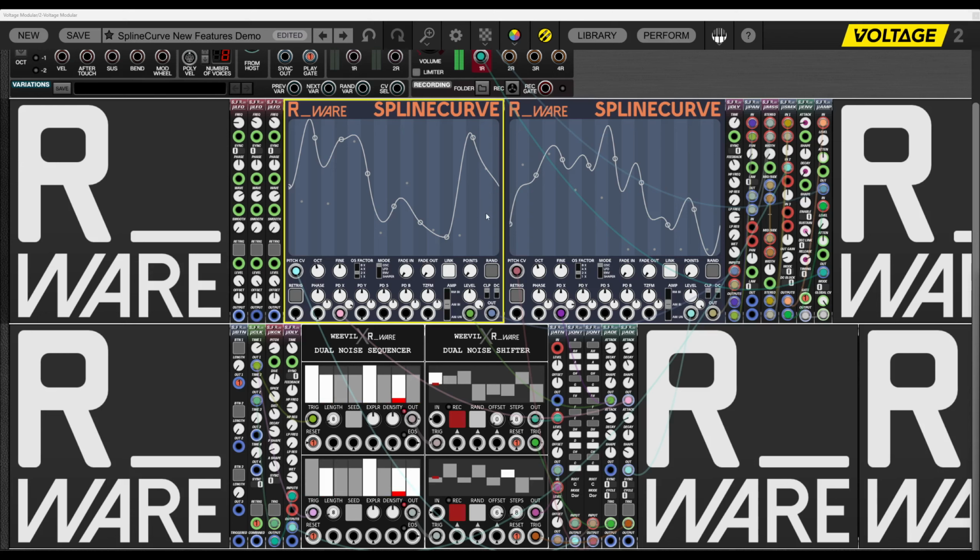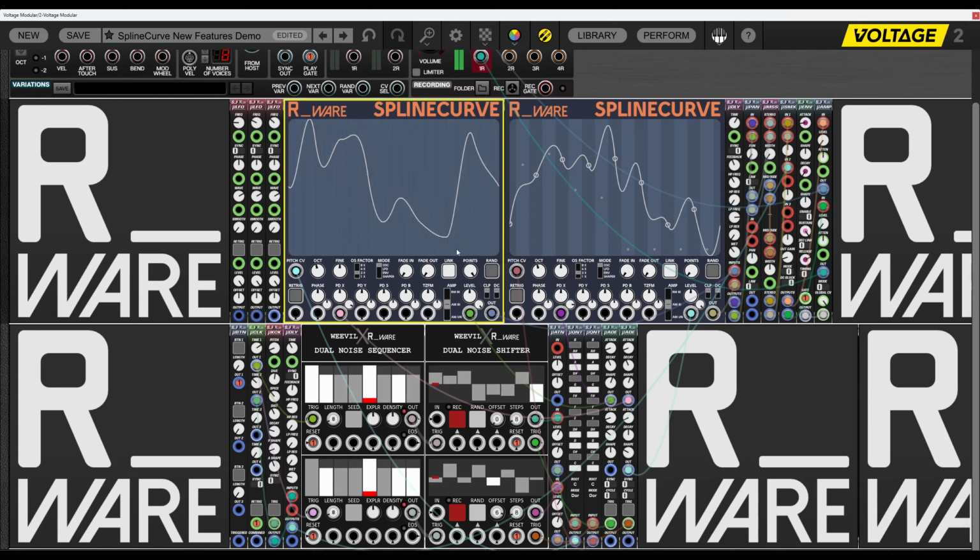Looking at the faceplate of SplineCurve, you might not notice the things that have changed, because in the faceplate there's essentially only one change. The points knob. It is set to 8 segments, and before, the points knob went from 4 to 32. So 8 segments would have been right above the quarter point, I guess. But now it's almost at the beginning, and that's because the number of segments has been upgraded to